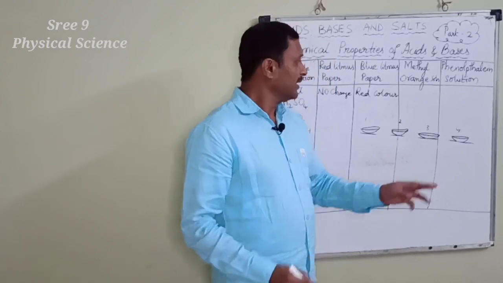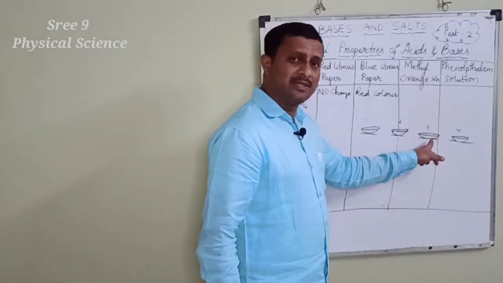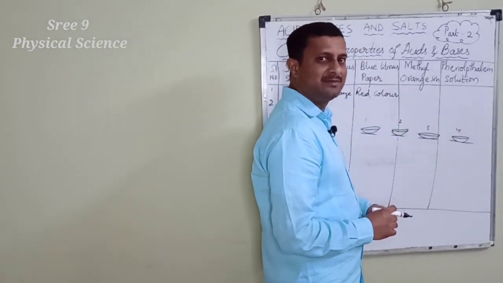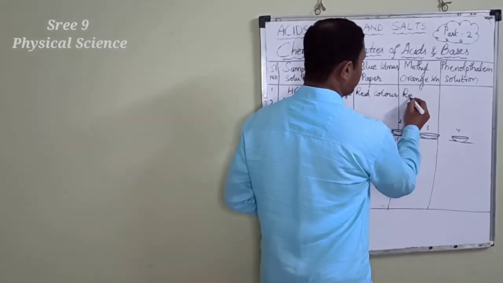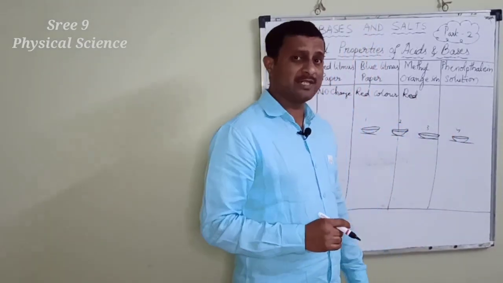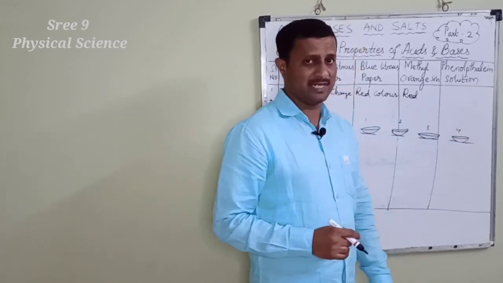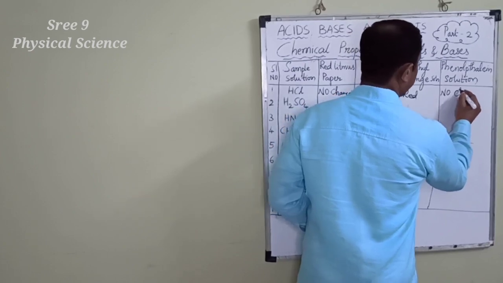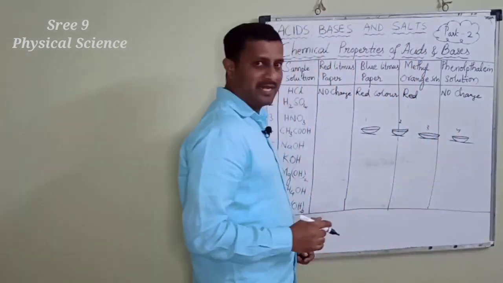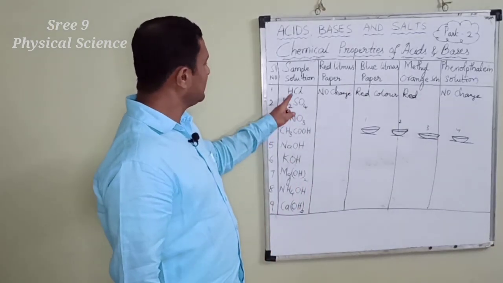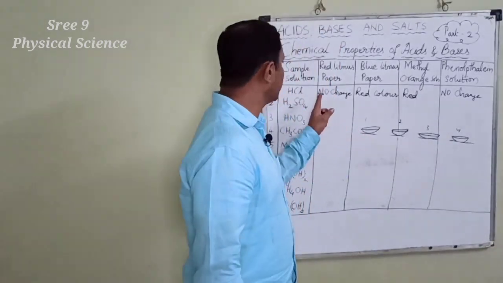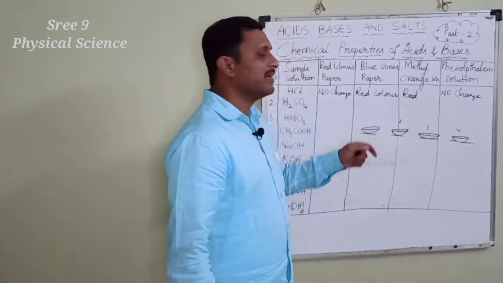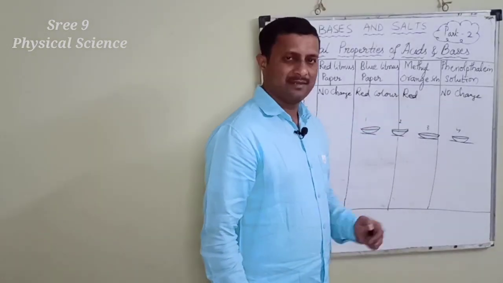And methyl orange solution we will add into the third watch glass. Here we will see that methyl orange solution turns to, yes, red color, we know that. And phenolphthalein solution in the 4th watch glass, we will drop phenolphthalein solution in the 4th watch glass. What happens? There will be no change in color, it is colorless, no change, right? So here we have taken HCl sample solution in 4 watch glasses and tested with red litmus paper, blue litmus paper, methyl orange solution, phenolphthalein solution respectively. These are the results, right?